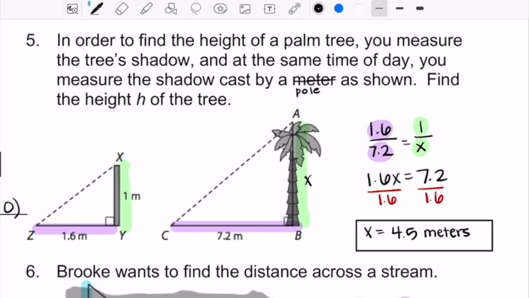All right, on this next one, we're also going to be using similar figures. It says, in order to find the height of a palm tree, you measure the tree's shadow, and then at the same time of day, you measure the shadow cast by a pole, as shown, and they want us to find the height of the tree. So same thing. These are similar figures, and so I can set up and solve a proportion. 1.6 over 7.2, so purple over purple, equals 1 over x, so green over green. Divide, and for this one, you get that the height of the tree that I've labeled x here, you could use a different letter like h if you wanted to. It's 4.5